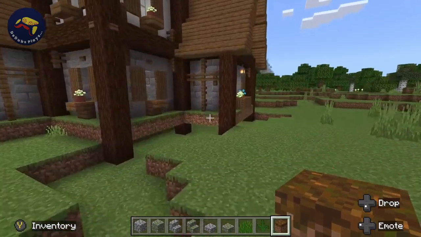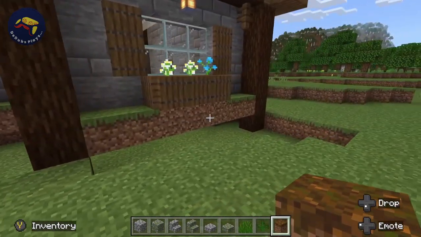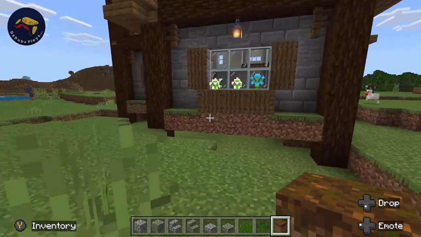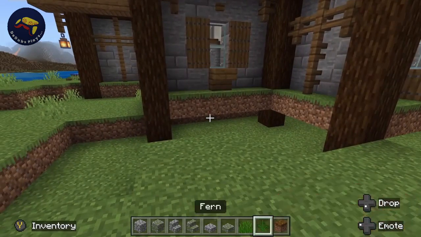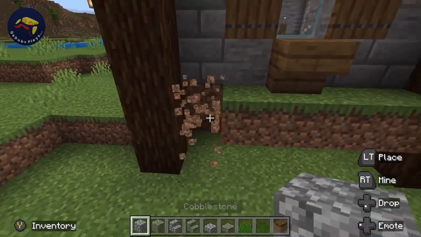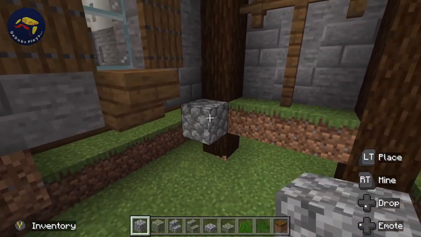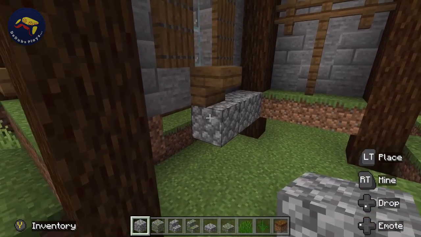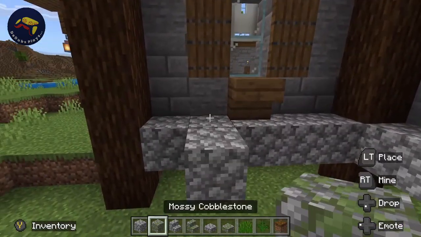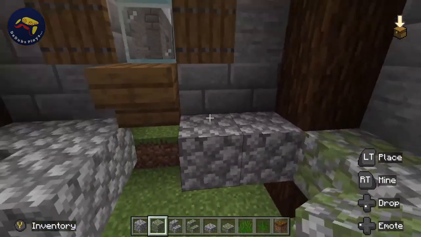Now if we come down here we can see that I've built this on the highest point and I've let it overhang in places, and the reason for that is that it gives us a little bit of space to blend the build into the landscape, and we're going to use a lot of the cobblestone variants to do this. And all I'm going to do is create a bit of a border around it with cobblestone, like so, and then I'm going to add in some of the variants here and there,